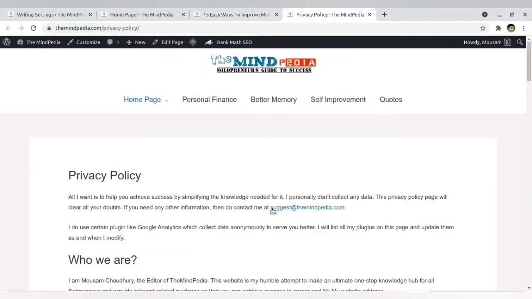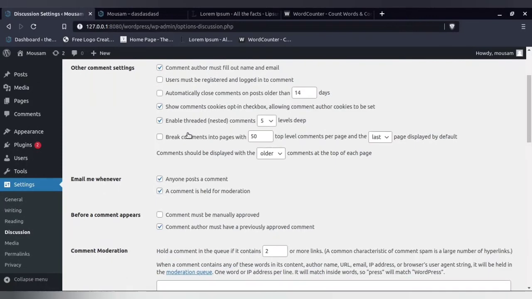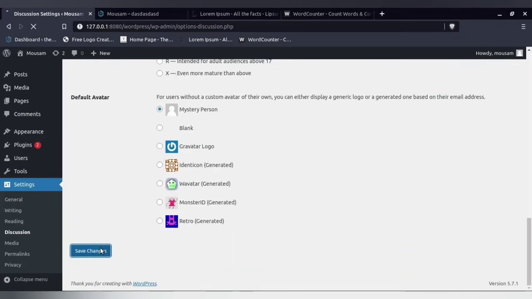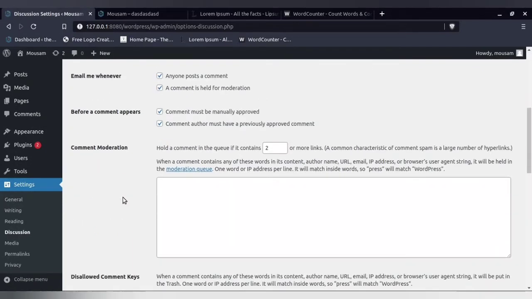But here are the settings which are present. You just go through them and you can understand. See, if you tick it, the comments will be manually approved. But then again, if there are 100 comments given to you, is it possible for you to moderate all the 100 comments? It is not, and that is the reason I personally do not allow comments in my blog.